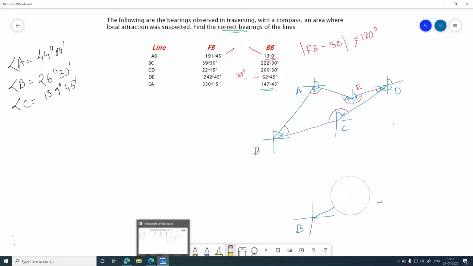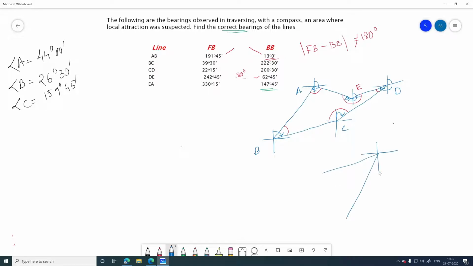So to determine the angle D, we just draw this part. So it is something like this, right? So to know this angle, this is very simple one. Okay, let's write the name first. This is D, this is E, and this is C. So forebearing of DE, so forebearing of DE is this total portion. Okay, this one is the forebearing of DE.